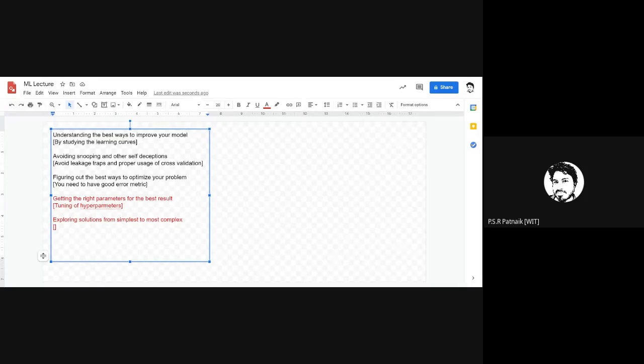You will try with a simple classification algorithm. For example, we are working on a classification task. The simplest classifier is 0R. You will see what the performance is on 0R. Then you will go for naive Bayes. Then you will go for decision trees. Then you will go for support vector machines. If support vector machines do not work, then you go for neural networks.